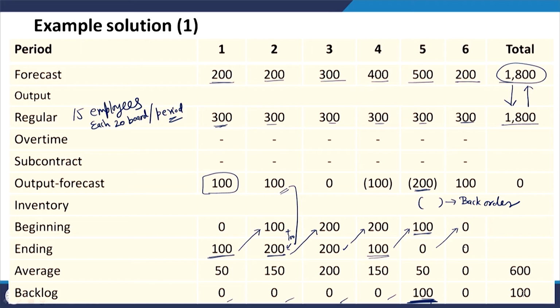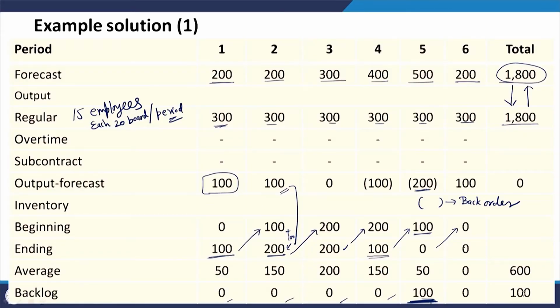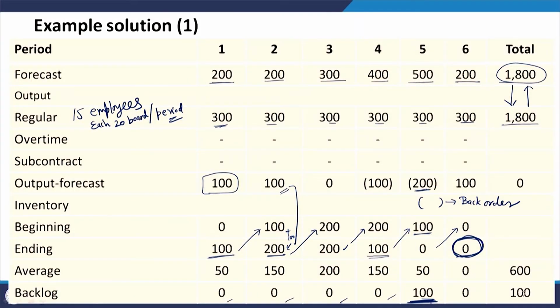kind of litmus test for our level strategy, that at the end of the period you should have 0 inventory. That is the idea of a level strategy, that from your level of production, the constant rate of production, you should not have any closing inventory at the end of your aggregate plan. So, that is what we are able to see, that if there is some available inventory in this particular cell, that means we have not done it properly.